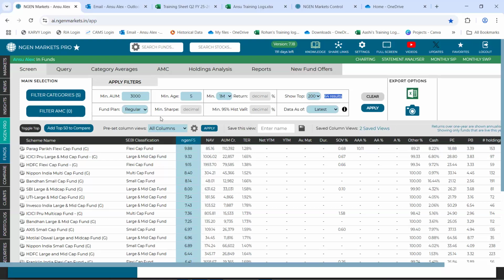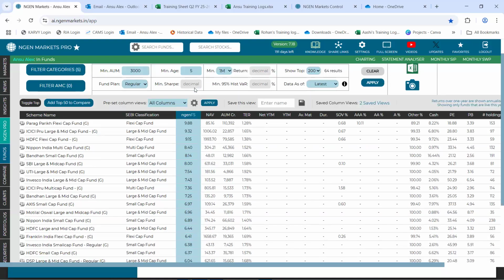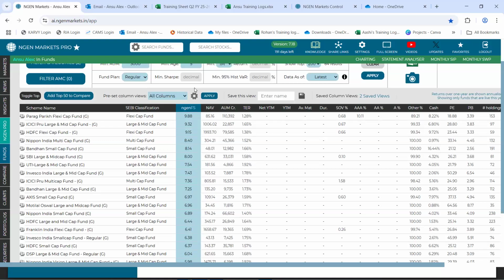These are those funds which are meeting these filter parameters of AUM being 3,000 crore and above, and an age criteria which is 5 years and above fund. Now, once our schemes have been shortlisted, we will be selecting funds from each of these categories basis the NGEN